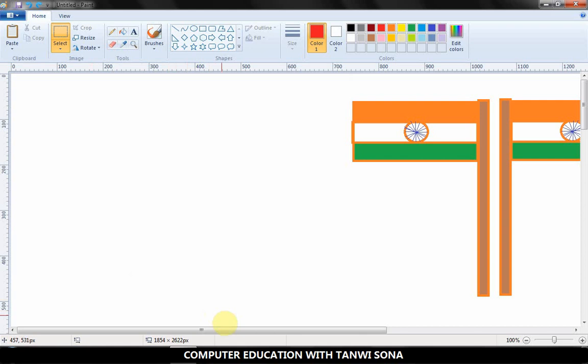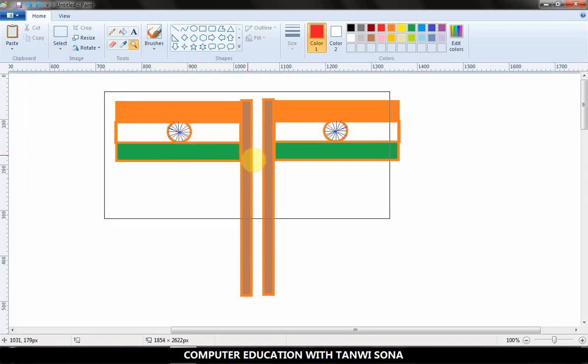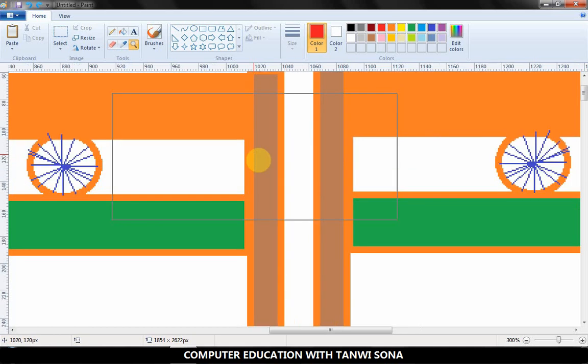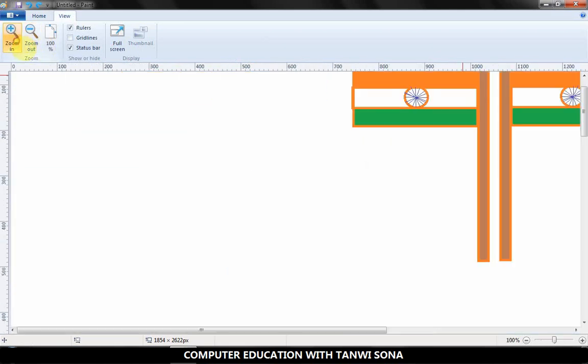Another tool that was left is the magnifier. It is present in the tools group. Click on this magnifier. A rectangular selection will come. See, a rectangular screen has now appeared. Click on this rectangular screen on the area you want to zoom in. So I am clicking this flag area. See, this makes your drawing look larger. Again, larger, larger. Okay, so this is zoom in. So if you want to go back, the zoom out option is there.